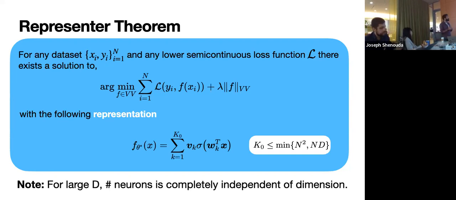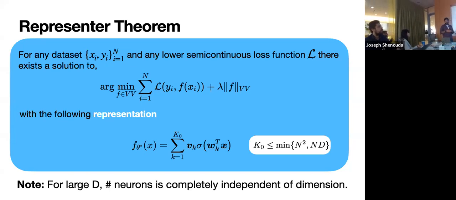Yeah, it's very loose, but it's still finite, right? It's not necessarily tight. So it's a very loose bound, and we'll see how we can tighten it up later. But yeah, the key point is that you can get away with a finite number of neurons, and also that these function spaces are sort of good for neural networks.